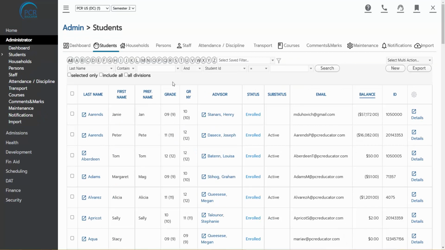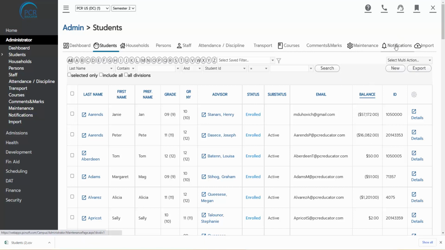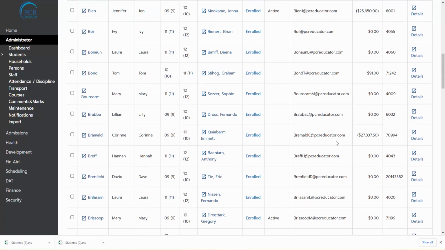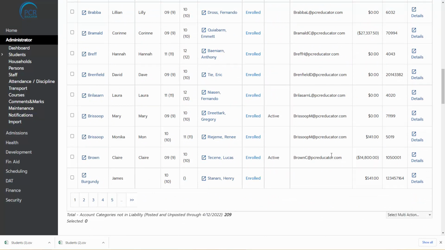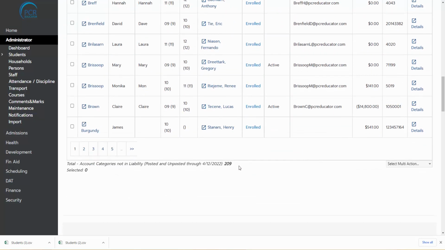The next feature I want to discuss is the export button on the right hand side. You'll see the export button in many different places in the system. The export button exports the data in a spreadsheet. So if I hit the export button, it'll export that data, and then I can open it up with the spreadsheet. So even if you're showing 25 records or 10 records or so forth on each page, when you export it, it'll export all records that show up at the bottom. So if there's 209 records, it'll export all 209 records, even though your screen may only show